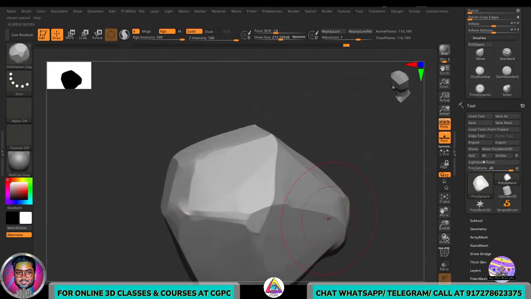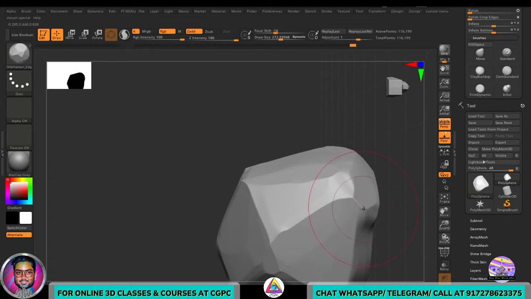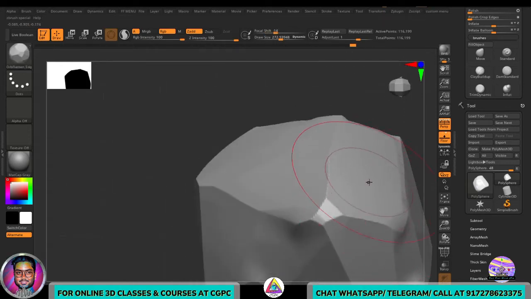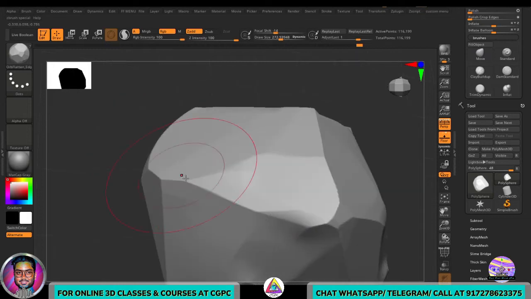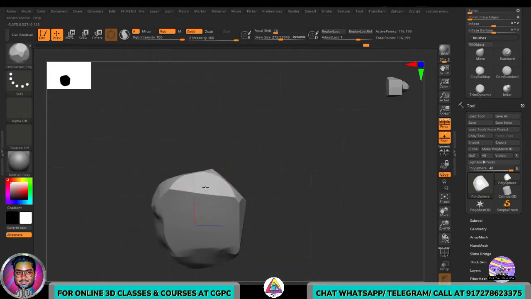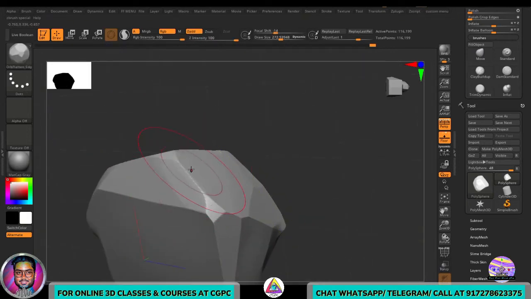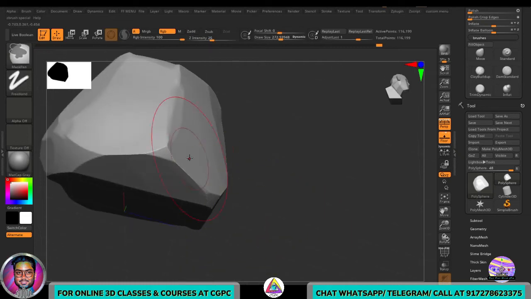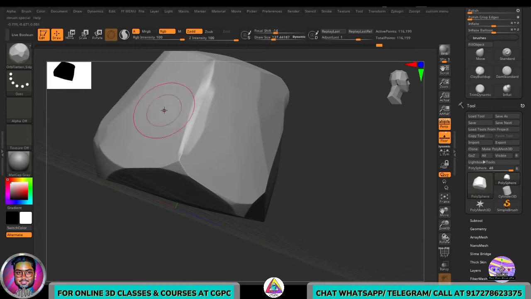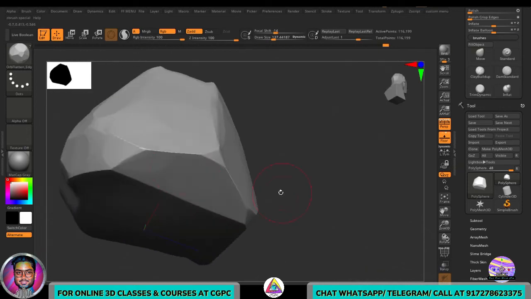So just create some variation with both the brushes in unison, supporting and complementing each other, and keep increasing, decreasing the brush size. So there's no hard and fast rule for this. The only thing I'm teaching you is the basic process and the best and the easiest way to get some